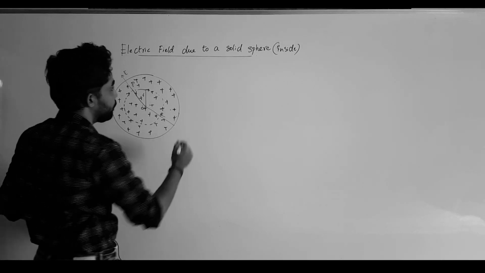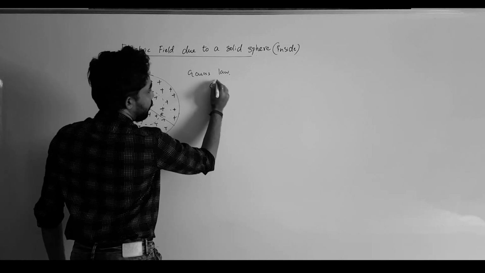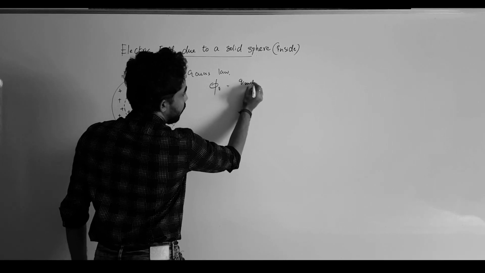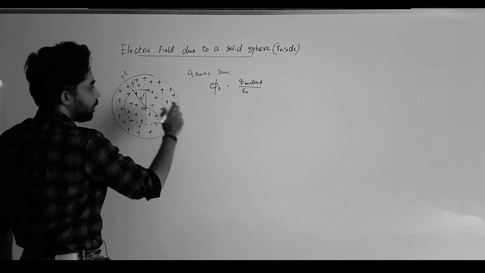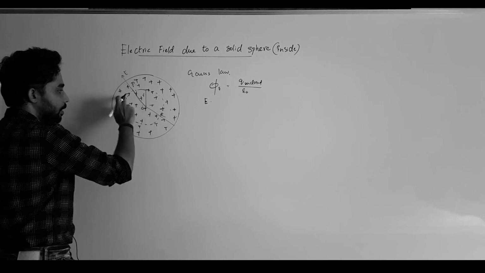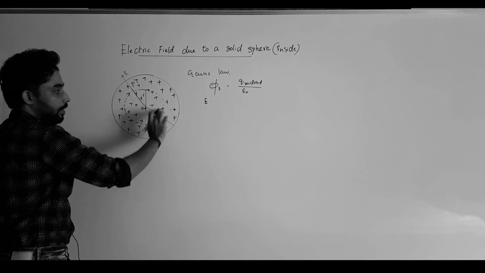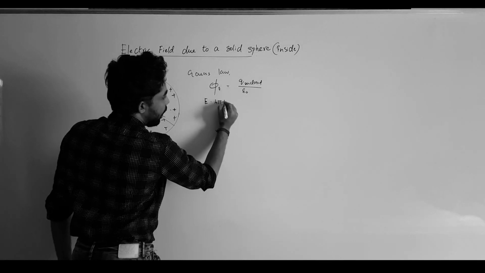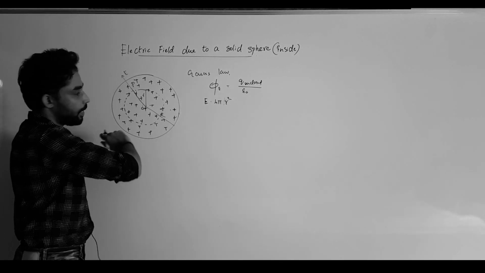I can write Gauss's law as: the net electric flux should be equal to the charge enclosed divided by epsilon naught, the permittivity of free space. Now in this case the net flux is going to be the electric field into area. Since I am considering this Gaussian surface, the net flux should be the electric field cutting across the area of the Gaussian surface, which is 4 pi r square, 4 pi small r square, the radius of the small sphere,